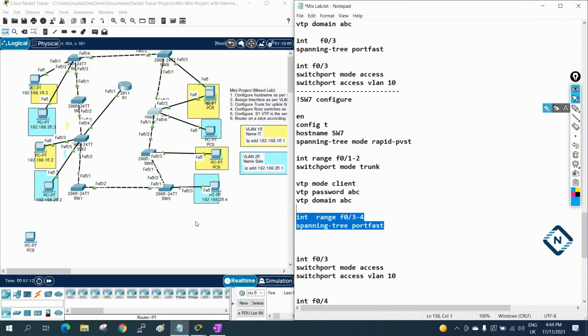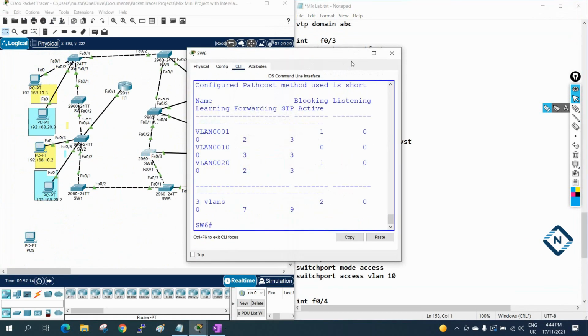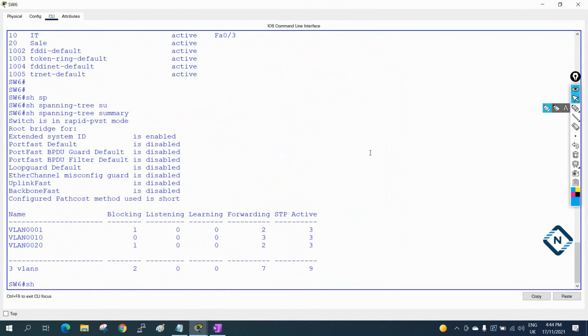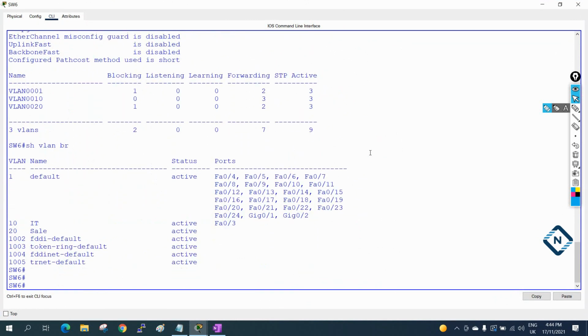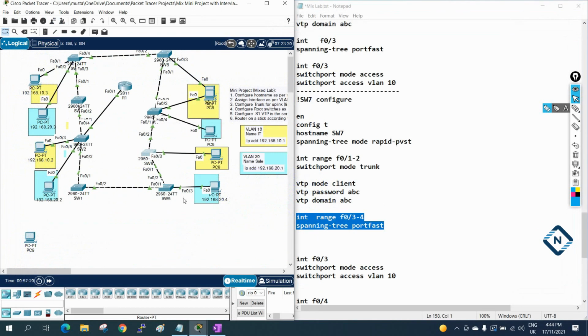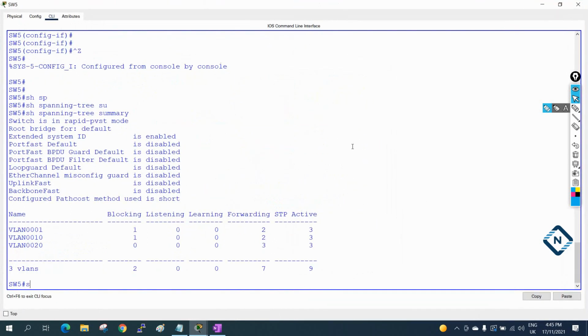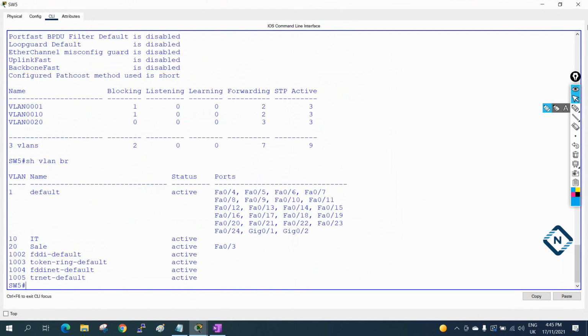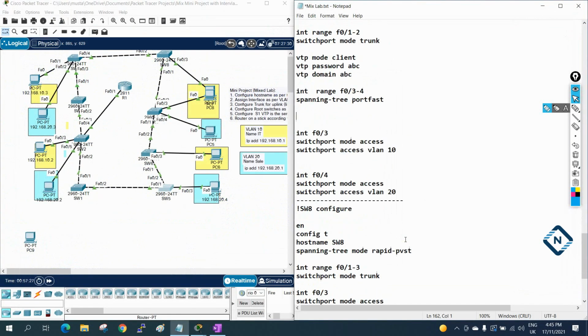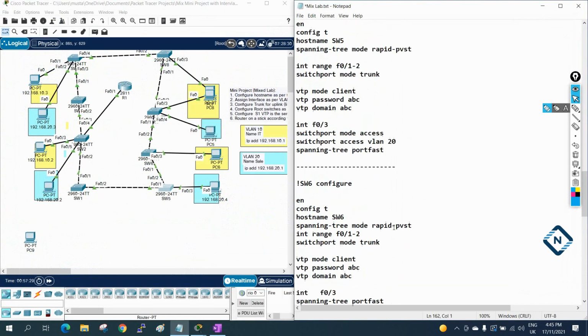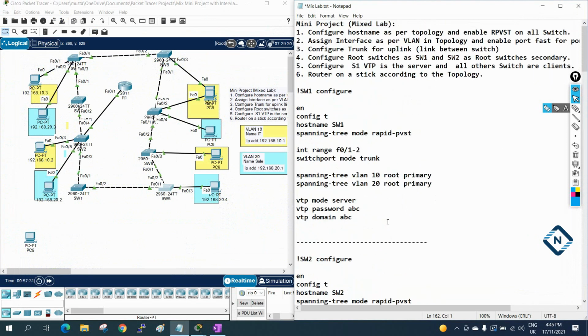So Switch 7 is okay. Now go to 6. Let's see, in Switch 6 the hostname is okay. Show vlan brief. Here we have 1 interface. Let me check that interface. Yes. Now we have Switch 5. In Switch 5, let's see show vlan brief. We have only 1 interface. So this one is good. Okay. For all switches, the second step is finished.